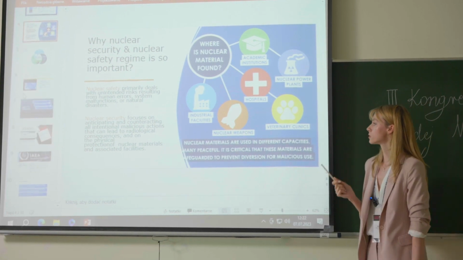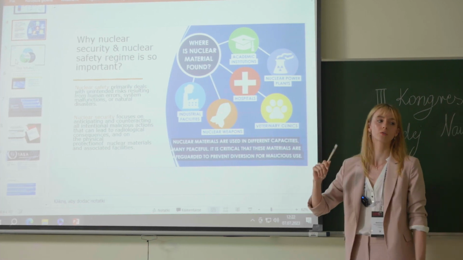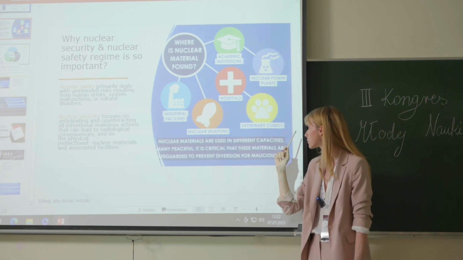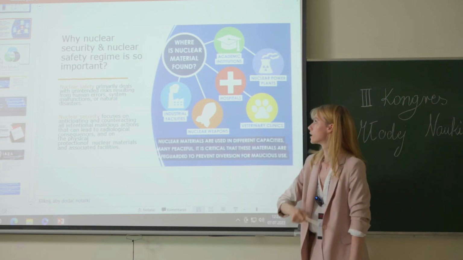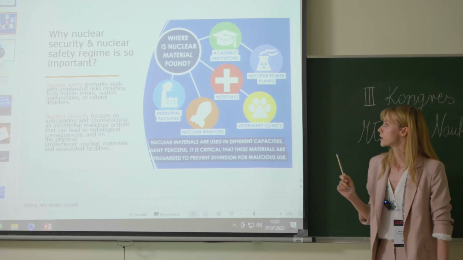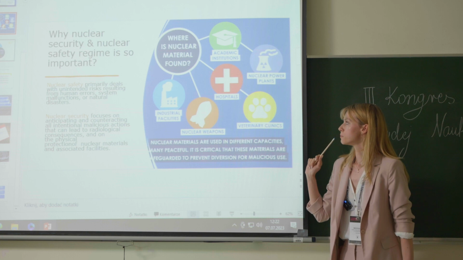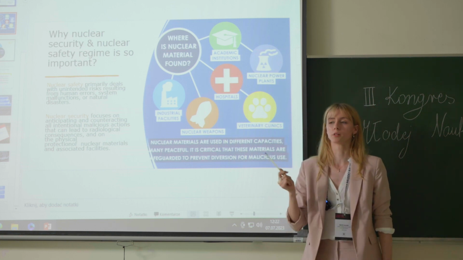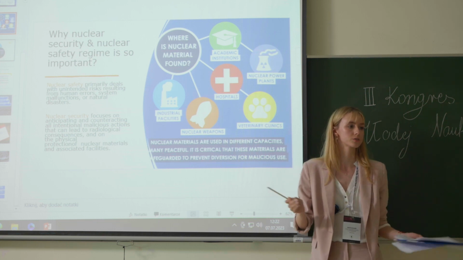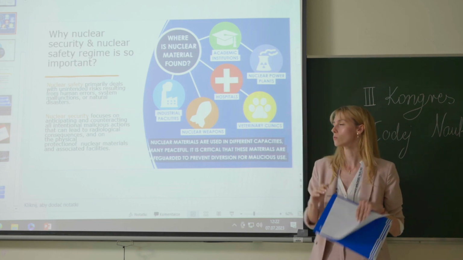So, radioactive fuel, or nuclear materials, are found not only in industrial facilities or in nuclear power plants, they also can be found in hospitals, veterinary clinics, obviously nuclear weapons, and academic institutions such as, for example, research reactors and so on. So it is extremely important to understand what we're doing with these nuclear materials, because they can be used, obviously, for malicious actions, such as, for example, terrorists obtaining nuclear materials and then using them to create a dirty bomb and then having a big boom somewhere in a city.